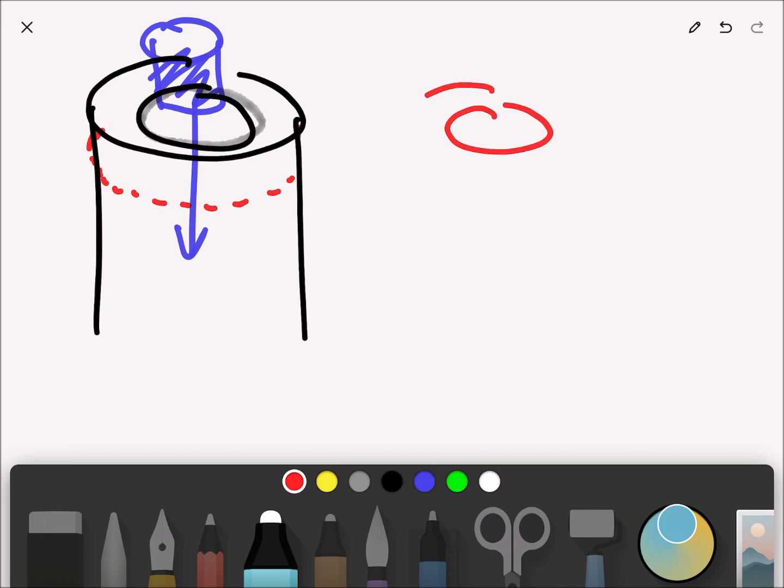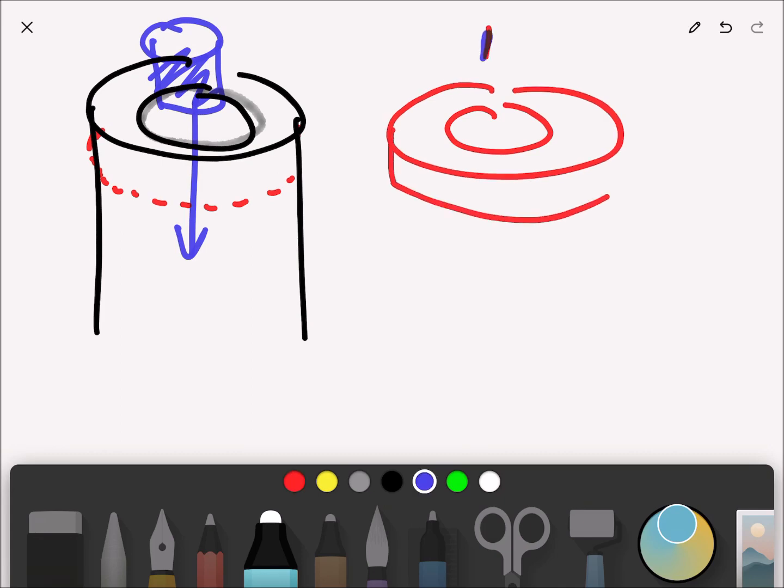If you have a ring and you throw a north pole in, then this ring is like a very thick solenoid turn. And when that happens, Lenz's law says that this ring would